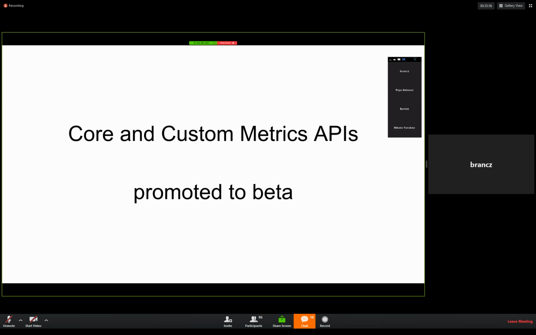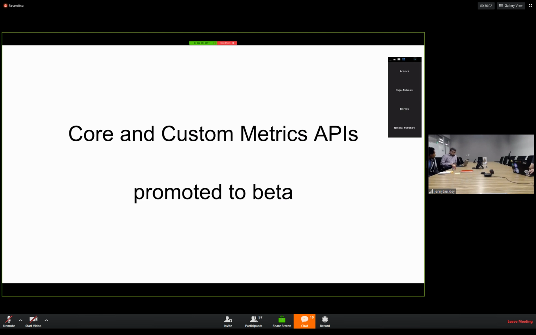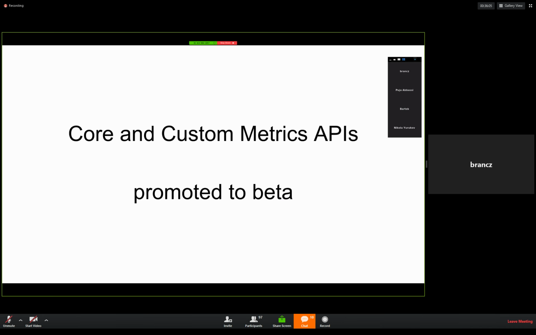Yeah, that was one part. And I'm not sure when the last community update was, but we have been developing the core and custom metrics APIs. These are to define formally defined APIs for metrics in Kubernetes. And the core metrics here are things that all workloads have, like CPU, memory, file system, etc. And the custom metrics can really be anything arbitrary, like queue length, or really anything that your monitoring system can capture.